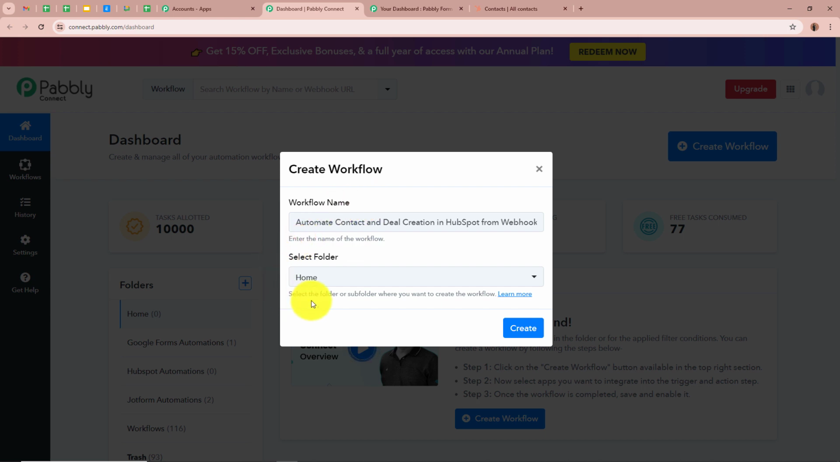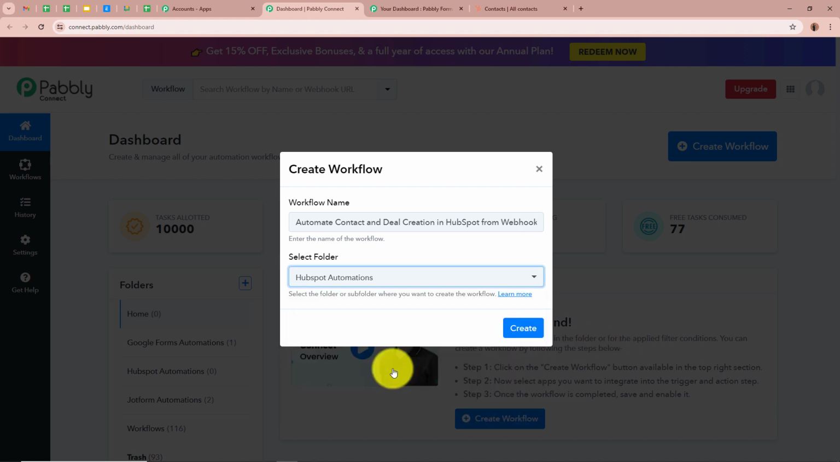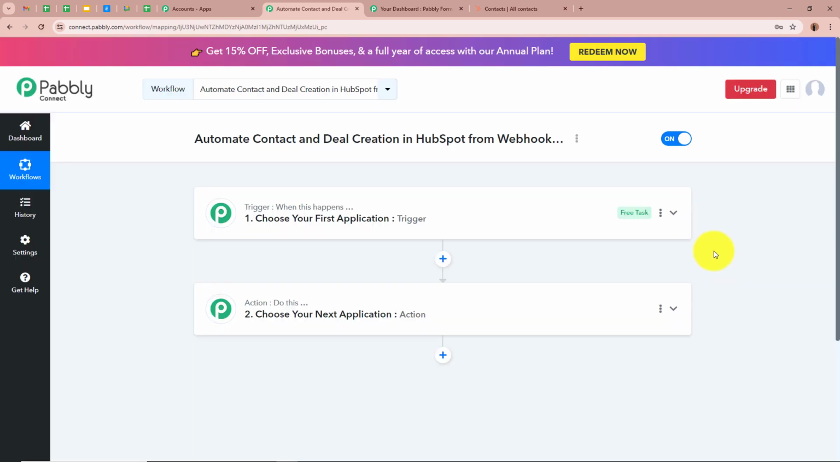Next, it is asking us to select a folder. On the left side of my screen, you can see I've created multiple folders in my Pabbly Connect account, from which I'm going to select a specific folder in which I want to save this workflow. For that, we're going to click on this drop down arrow right over here. So these are the folders that I've created in my Pabbly Connect account, from which I'm going to select HubSpot Automations as the folder I want to save this workflow in. After giving a name to our workflow and selecting the folder, we're going to click on Create in order to create a workflow. Our workflow is created in the name of Automate Contact and Deal Creation HubSpot from Webhook response,